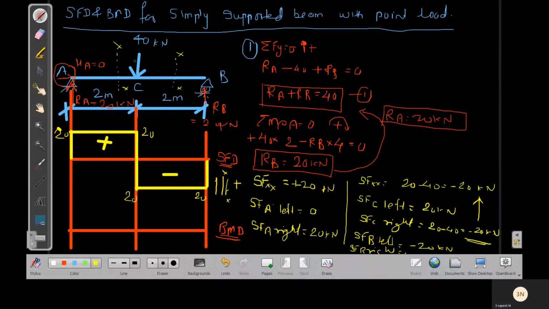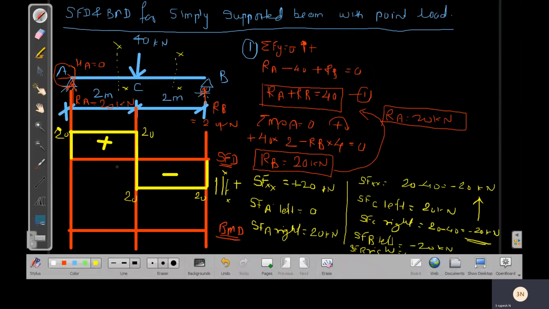So loading is 0 degree. So your behavior of the shear force diagram is rectangle. Okay, this is 0 degree curve. Now the first, this is 0 degree loading, then this is the first degree, and now the second degree. Okay, your BMD will be 1 degree higher than SFD. Okay, that we already derived, right?